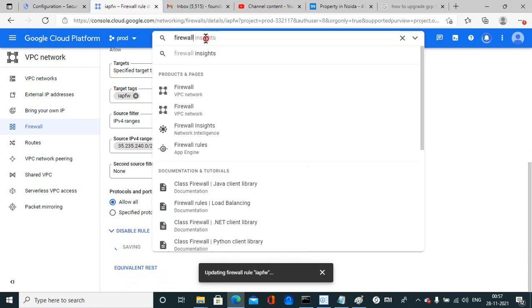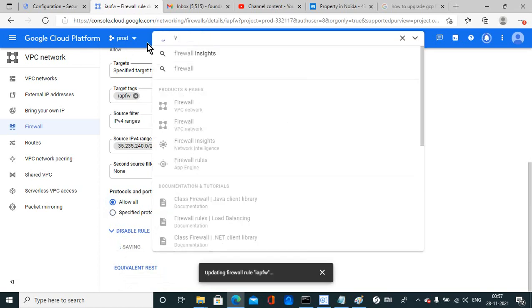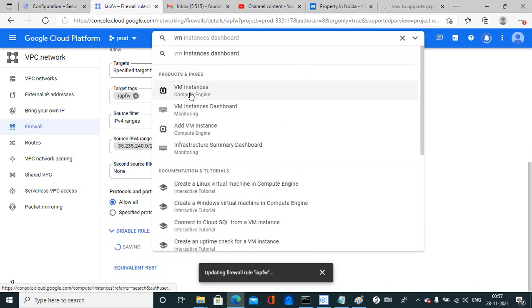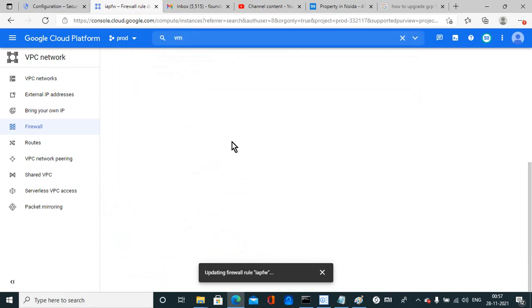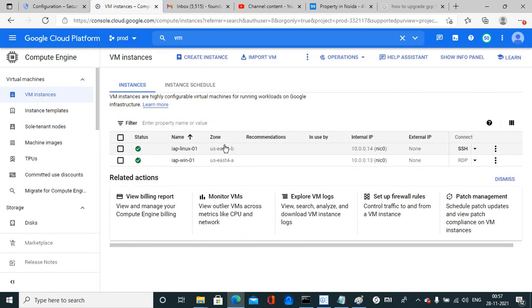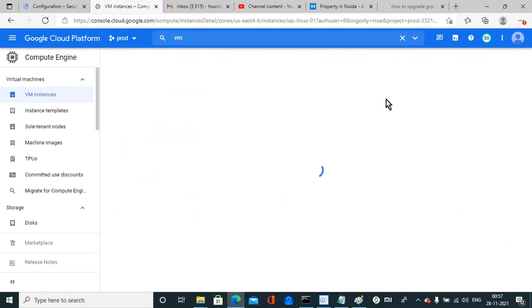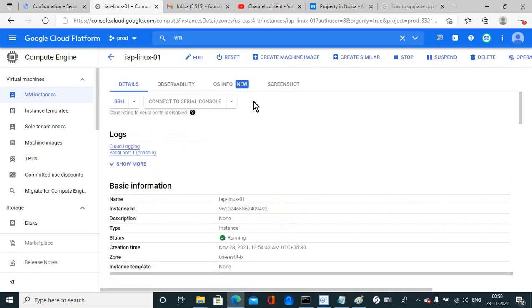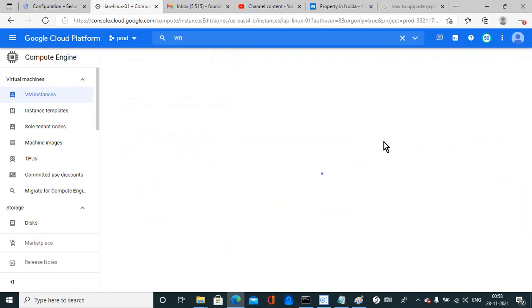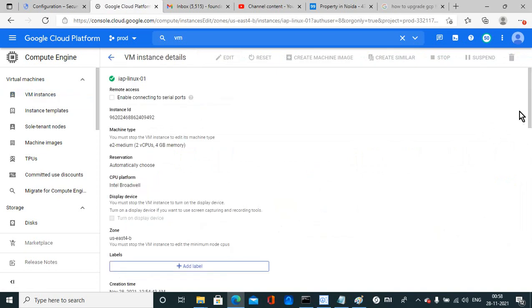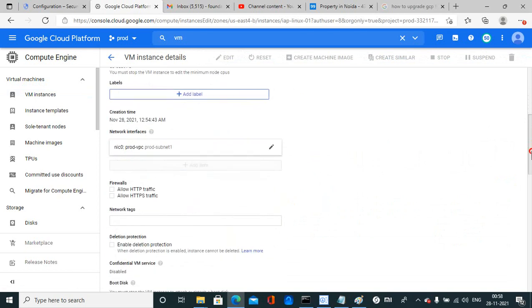Save it, and now go to VM instance, and in both VMs you need to apply this firewall rule, IAP FW. So go to edit, and then network tag IAP FW.